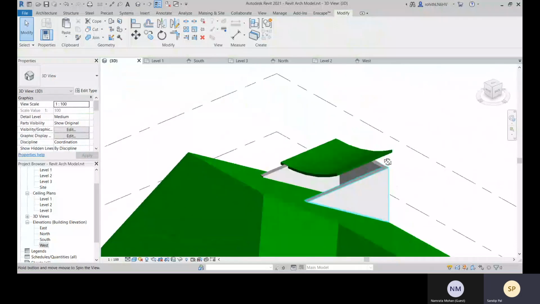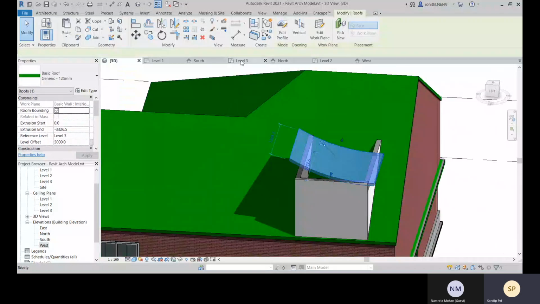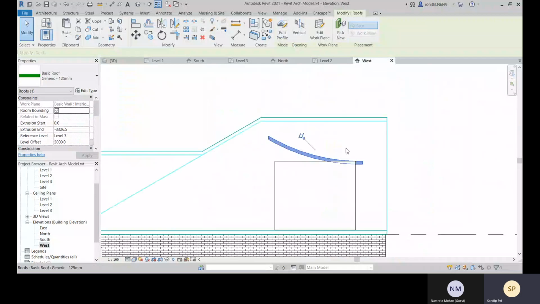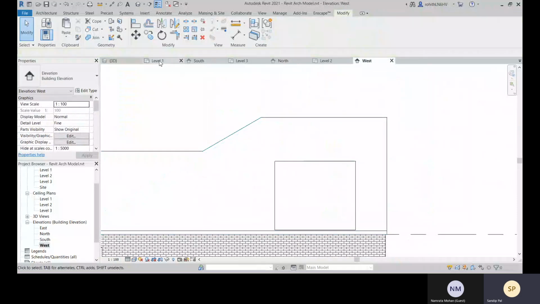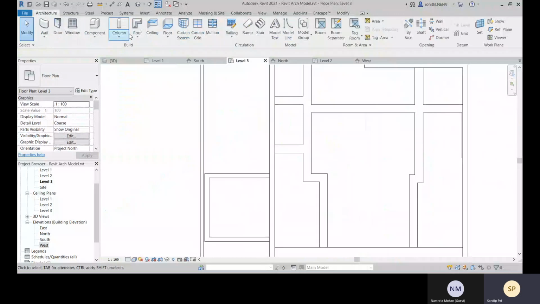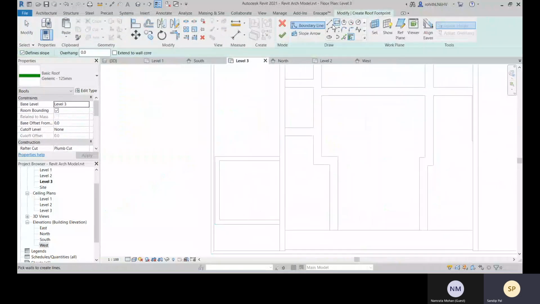what I say is, let's not create this one with this profile. Let's come to this level 3 and let's create with roof by footprint. Let's create with that.